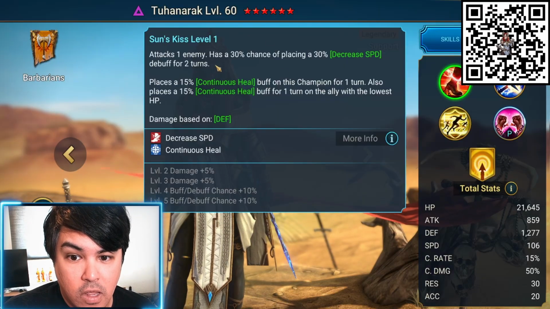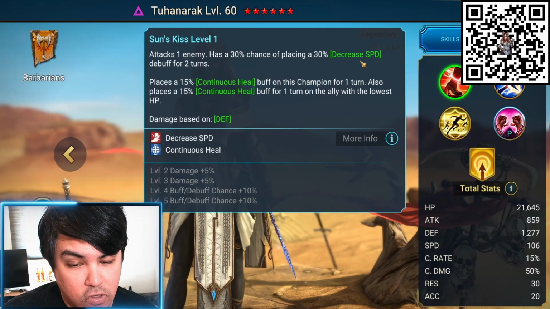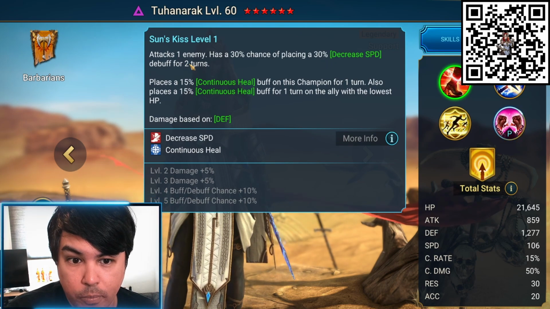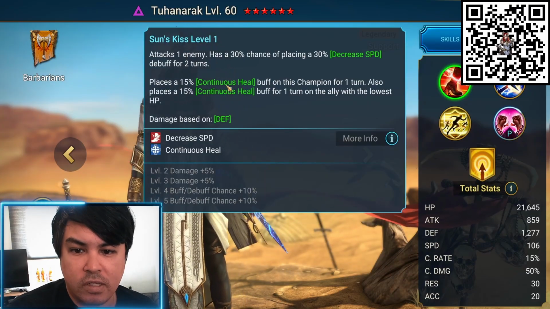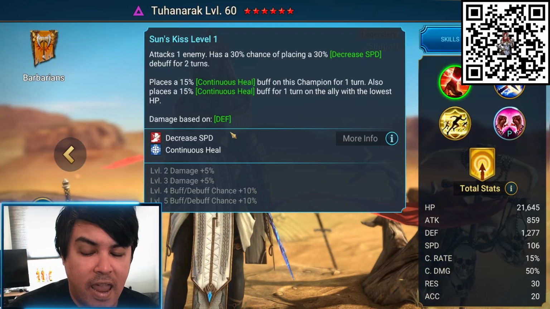So she has now only a 30% chance to apply the speed, but if you have legendary books in here, which will be a priority even as a new player, it's going to go up to 50% chance of applying a 30% decreased speed debuff. So this is really great for bosses that you can use speed down on, which is quite a few of them actually. Places a continuous heal buff on her and also the ally with the lowest HP, and she scales